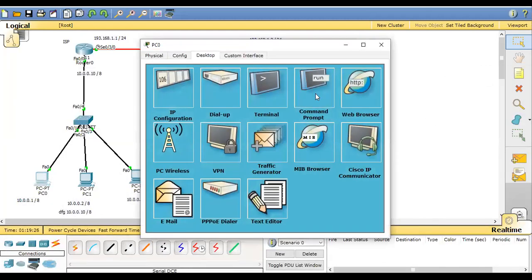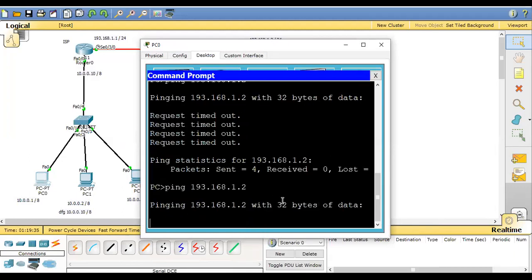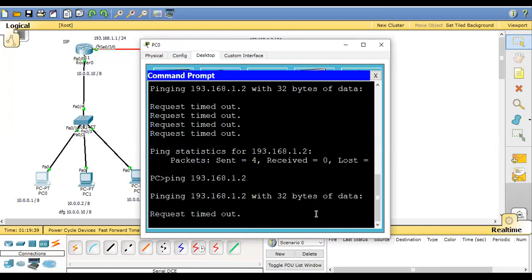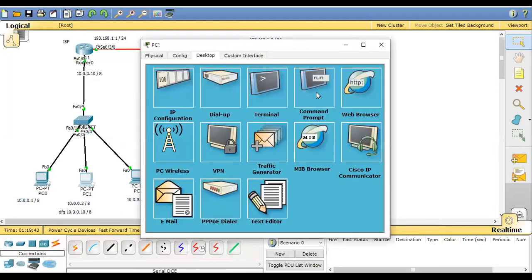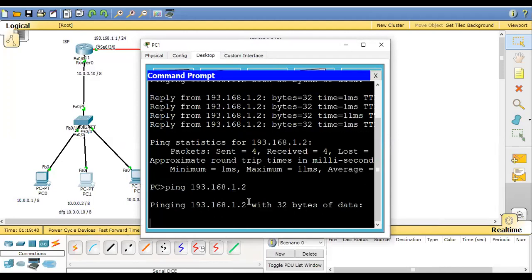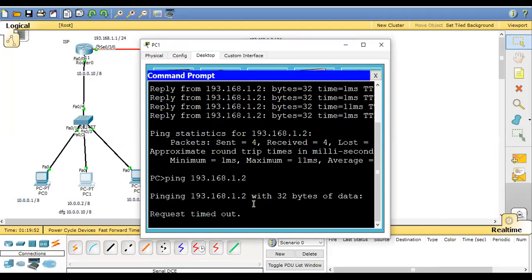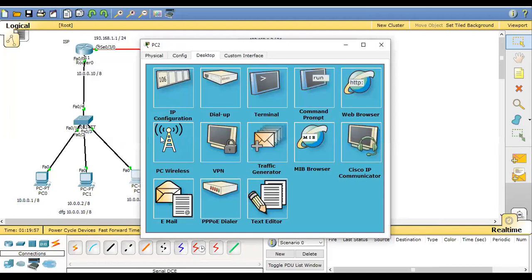So in the same way, we have to do it in a very fast manner. We have to type ping, and we just have to copy this because we have to be quick. All right. So let's see if it is pinging or not. Yeah, it is pinging, right? Okay, now again I will go to the next computer, paste and ping. All right. The first packet will be request timed out because it is used for ARP mappings and all. All right. In my theory part, I have explained this in the course.